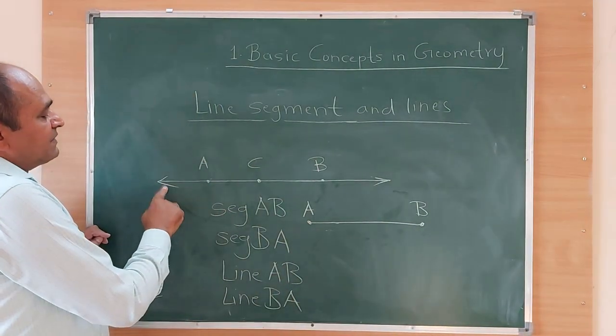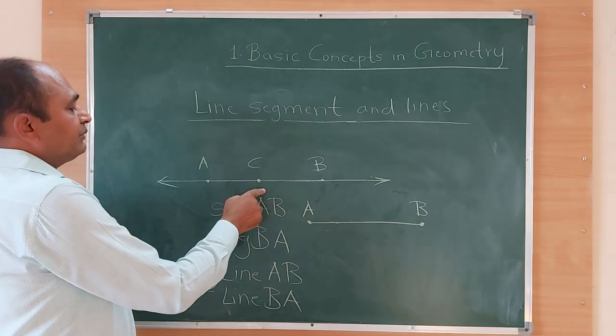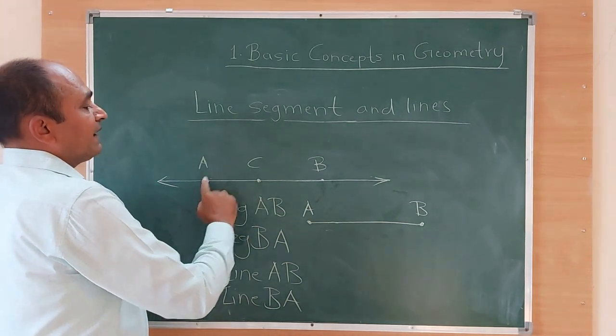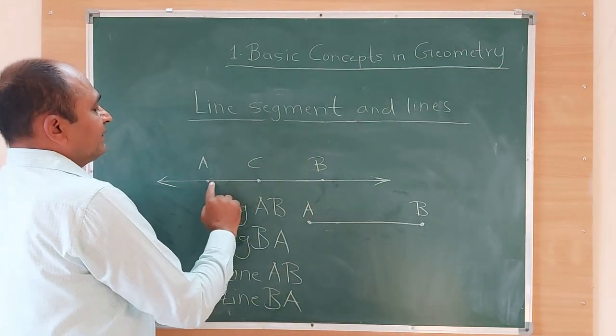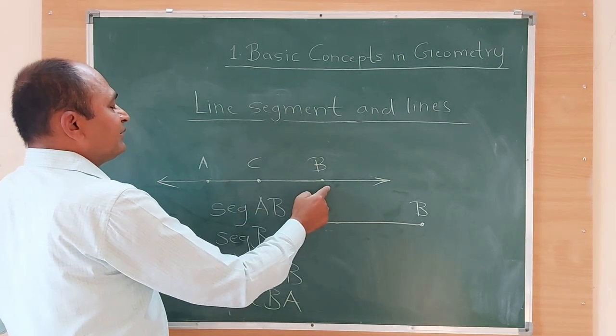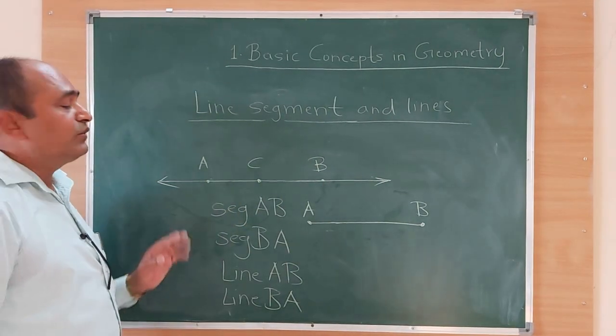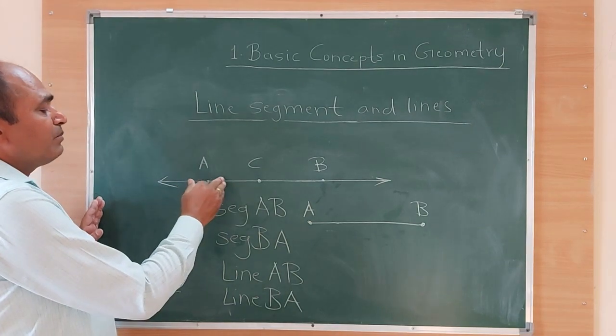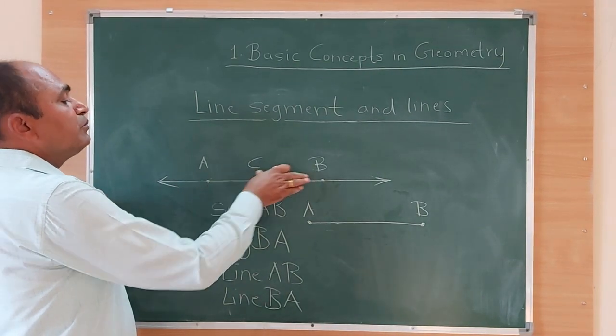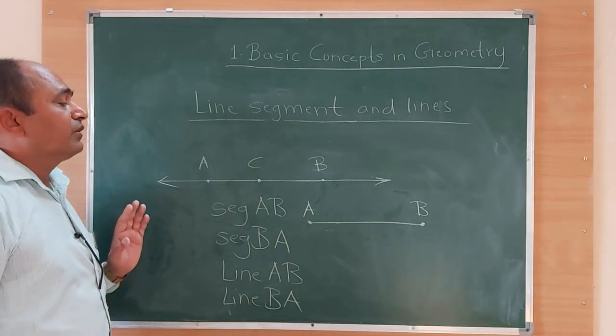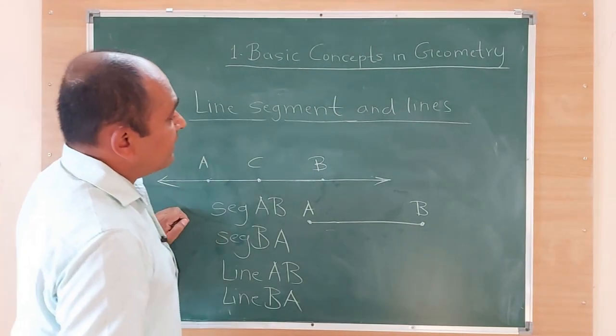So I can name this line as line AC also, line AB also, line CB also, in this way. So a line can be named by any 2 points which are present on that line,